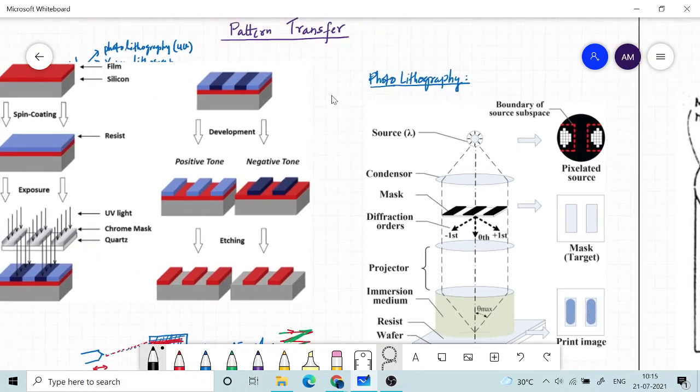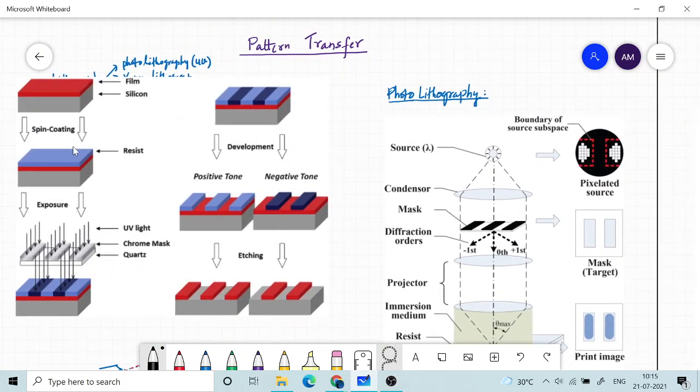Okay, we just have the silicon substrate. On the silicon substrate we did the spin coating, lithographic exposure and all of that, and then we patterned the resist. After that, what we want to do is, wherever the resist is not there, dope those regions in the silicon substrate with an n-type impurity or p-type impurity.